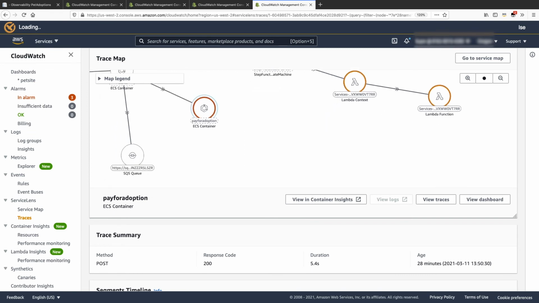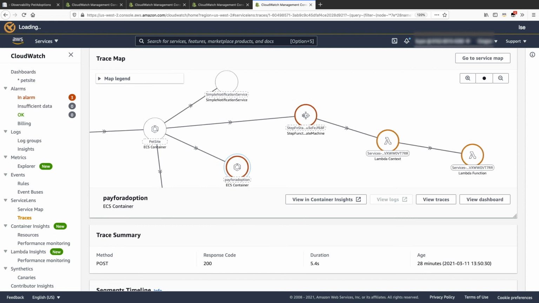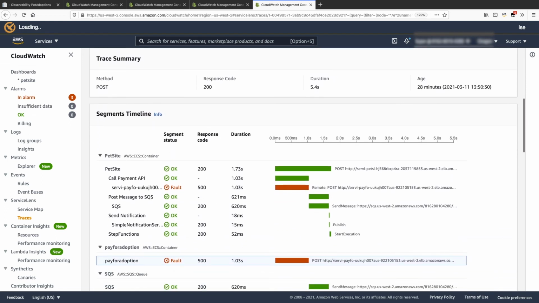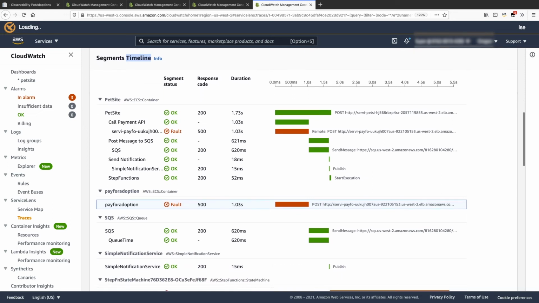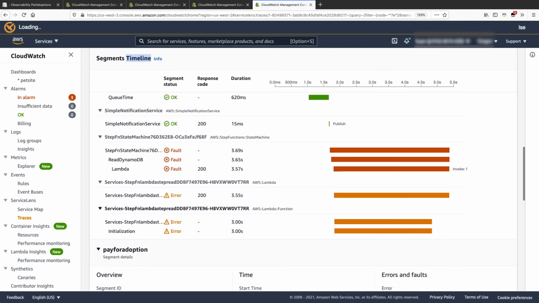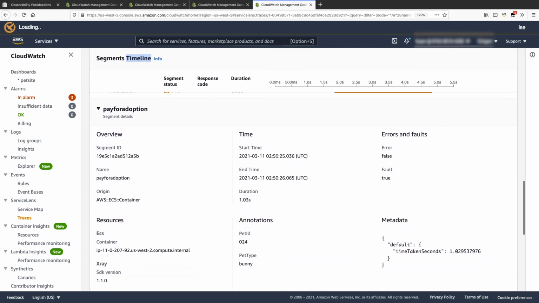In the end, it will update DynamoDB. The segment timeline is also very interesting information provided to you. It shows data from all segments in a trace and how long the request took to be fulfilled in each segment. There is a fault in the Pay for Adoption segment.